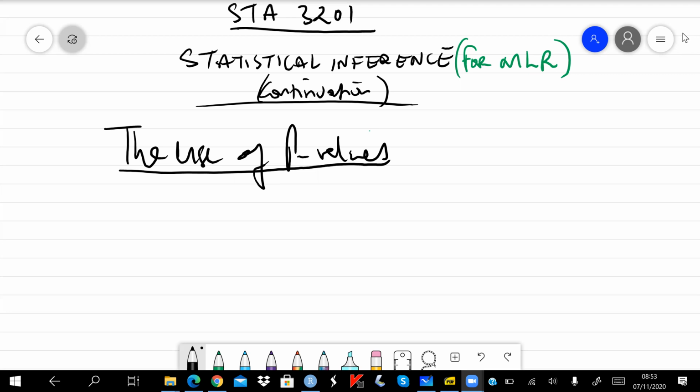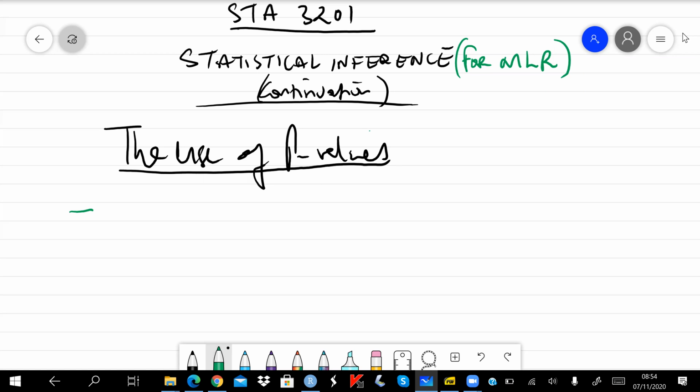Today is a continuation from where we stopped in our previous class. We had started the statistical inference on single regression coefficients, and we looked at the various ways of defining the null hypothesis and also the alternative hypothesis, and also how to calculate the t-statistic and how to make a decision. Okay. So today I want us to look at the use of p-values, and the word p-value here is just